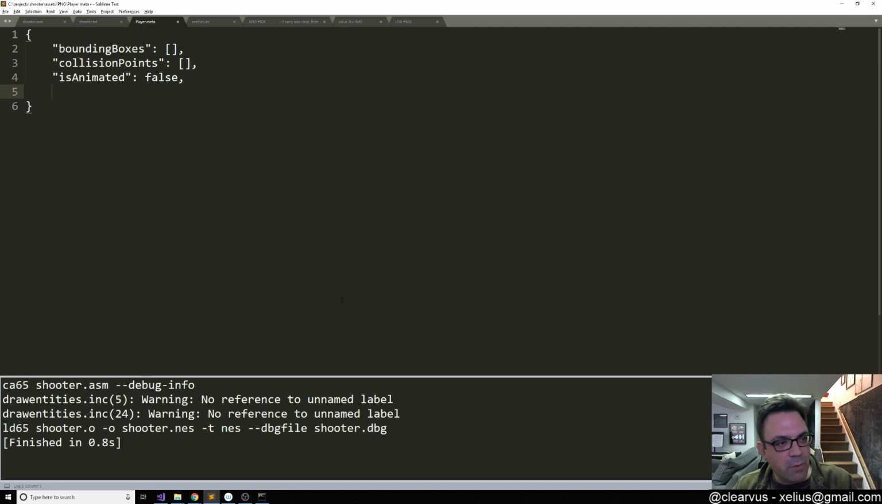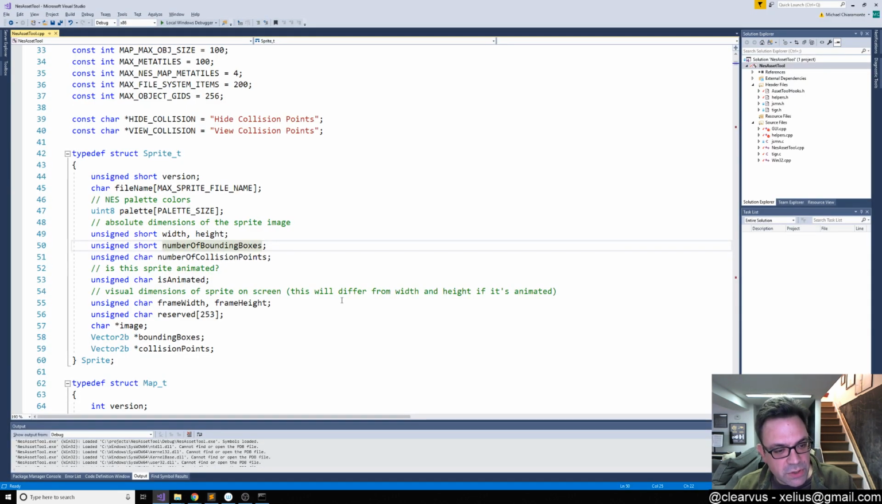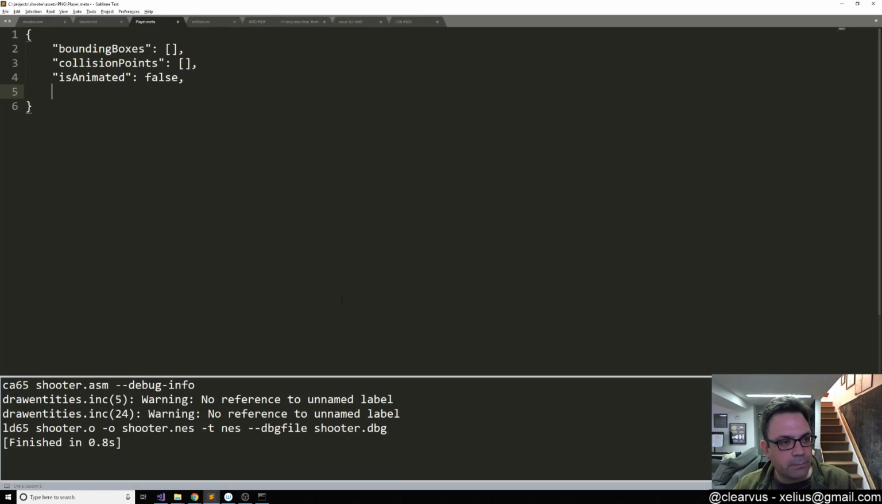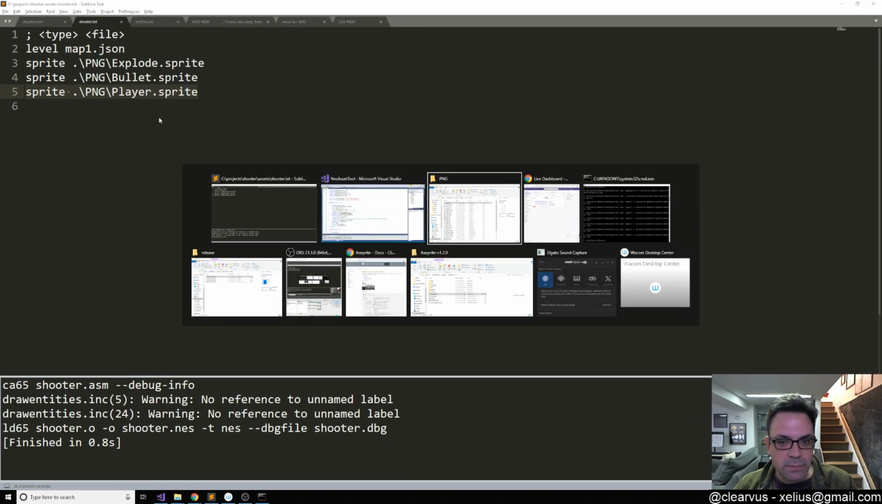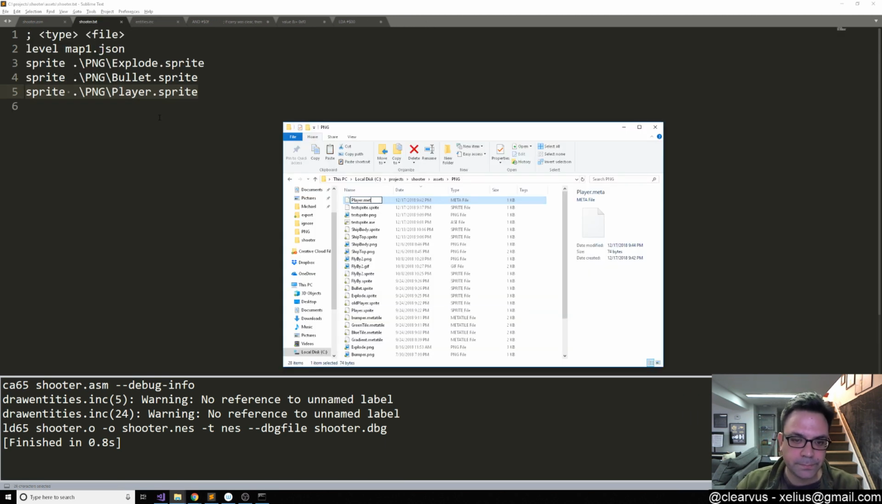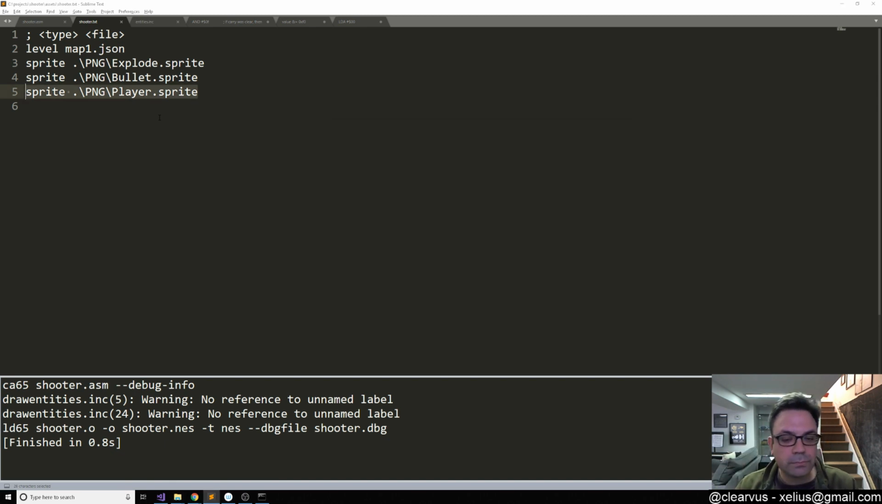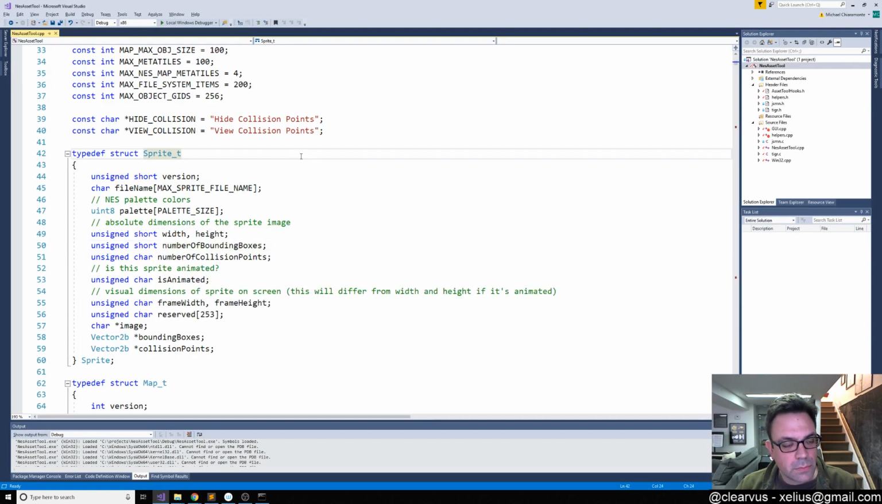You know what, we'll leave it: if frame width and height don't exist, then it will just use the existing width and height. So it only matters if it's animated. So maybe we rename this to player.json. And then